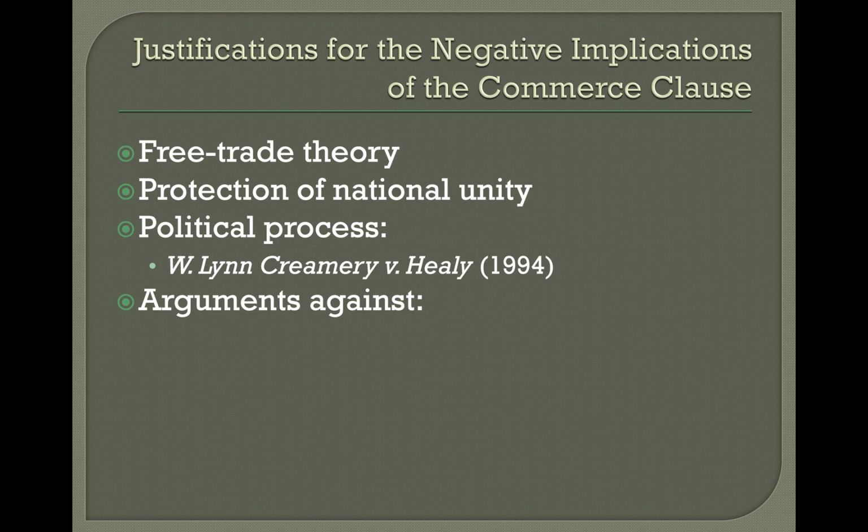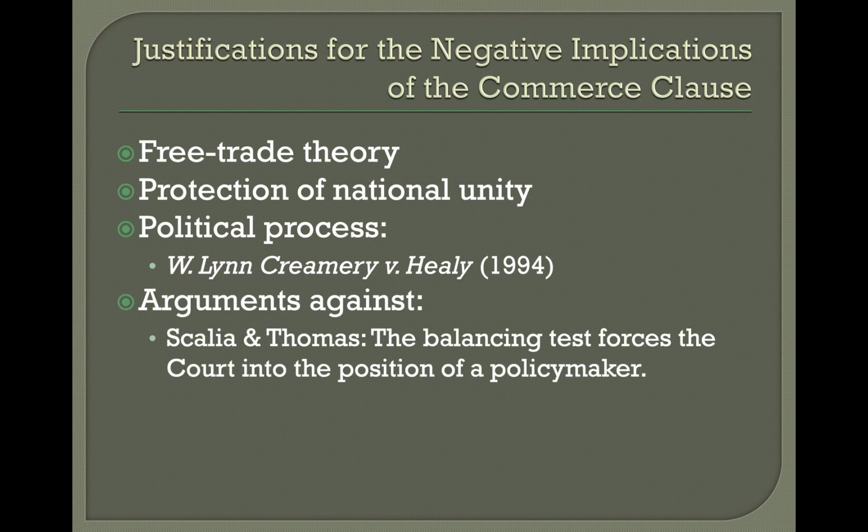And then also continuing on in the book, on page 374, we see a lengthy note on the critiques of the Dormant Commerce Clause, and that goes through the end on page 379. The primary critiques that are discussed in that note are the critiques of Justices Scalia and Thomas. They critique the balancing test along the lines of balancing tests are really just drawing the court into policy decisions, because how can anyone really balance whether or not